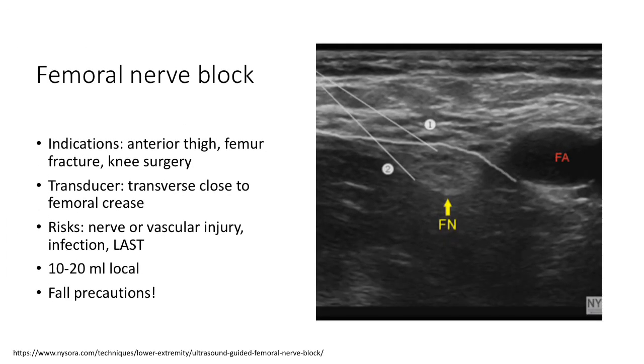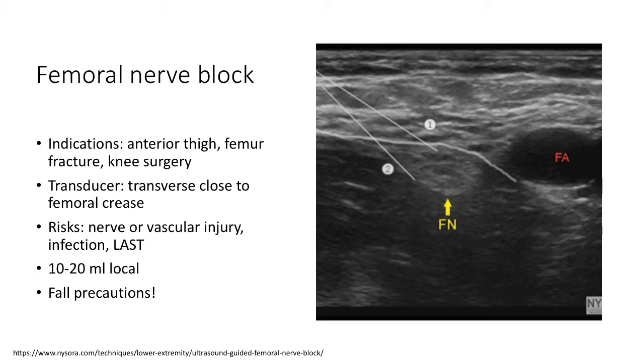The block indications include anterior thigh, femur, and knee surgery. If the patient is able to, the leg should be externally rotated. Often in hip fractures, the leg is already externally rotated. The probe can be placed along the femoral crease lateral to the femoral artery, and the nerve is found below